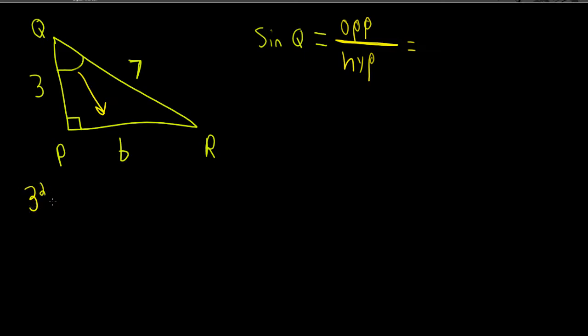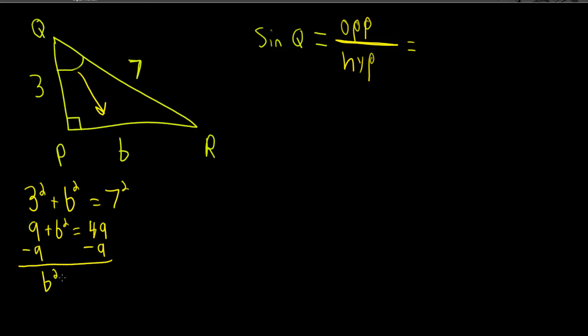So we have 3 squared plus b squared equals 7 squared. 3 squared gives you 9, plus b squared equals 7 squared, 49. Subtract 9 on both sides to get b squared is equal to 40. And therefore b is equal to the square root of 40,